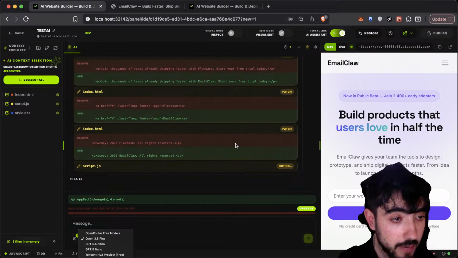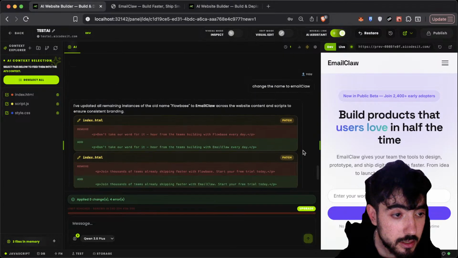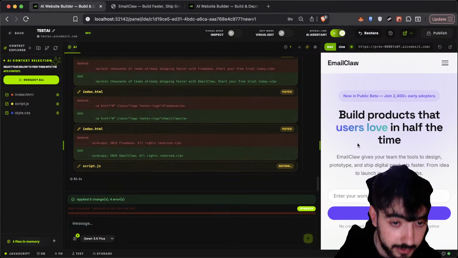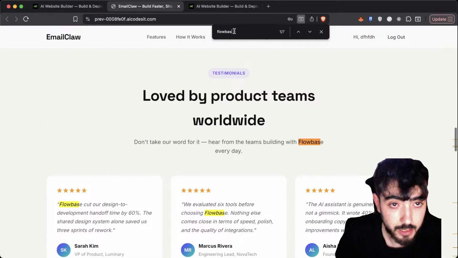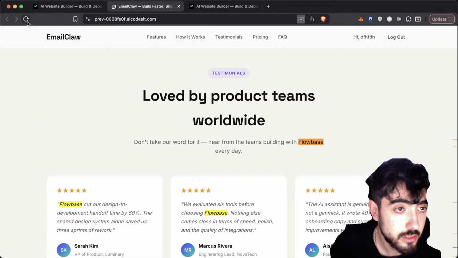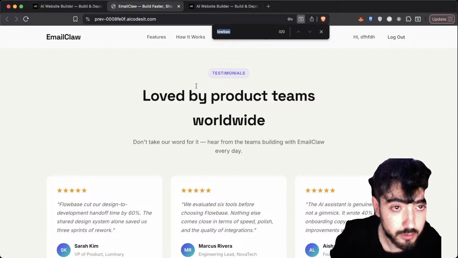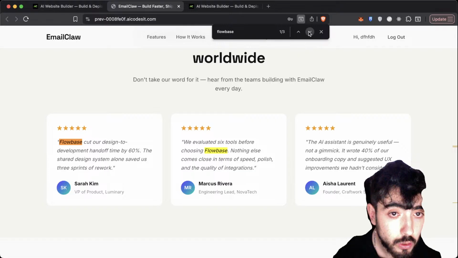So we have limit reached. Flow base, okay. So it did it. This one is better. Let me check flow base. Oh, let me refresh first. Flow base, flow base. So we have it only on the reviews, I think.